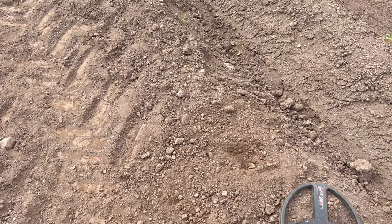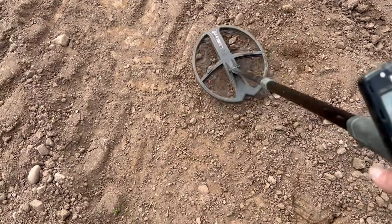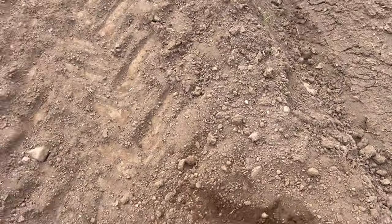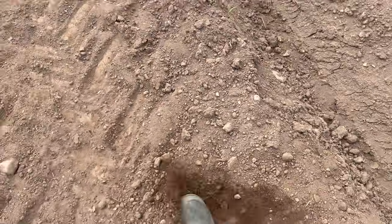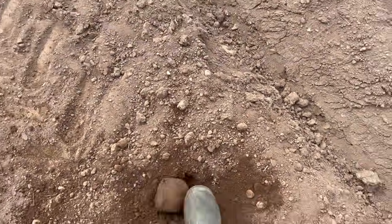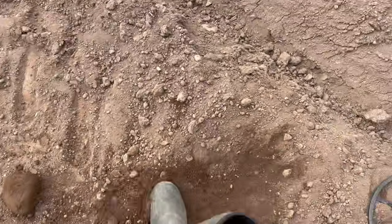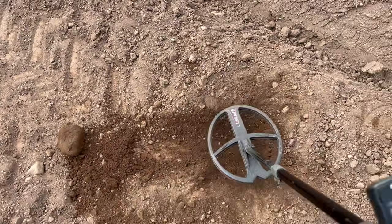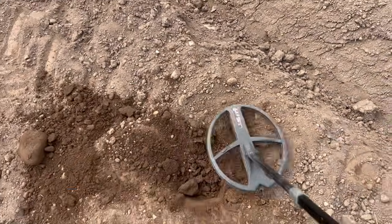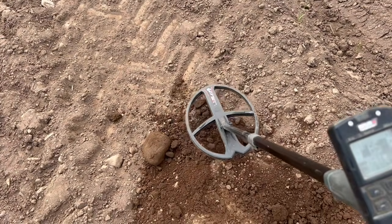This one is a little bit mixed. There's definitely an iron tone going on there as well. Yeah, it's like an 84, and there's something big. Is that a stone? I think that is a stone actually. Come on you, out you get. There you go. There's a big stone. Might be a wee bit deeper than I expected. It is right about there. We're out. Still iron in the hole. An ear blowing